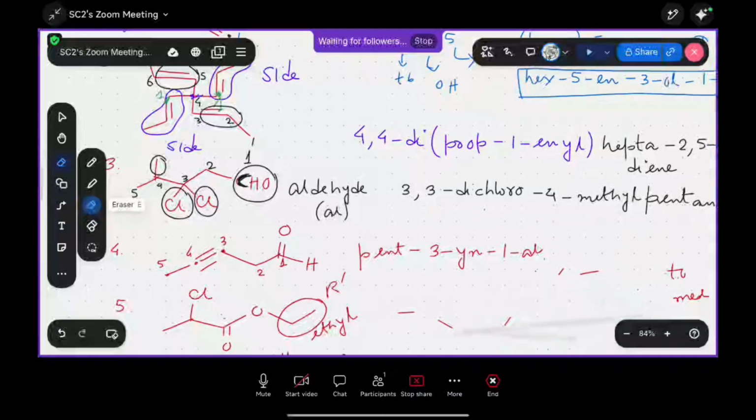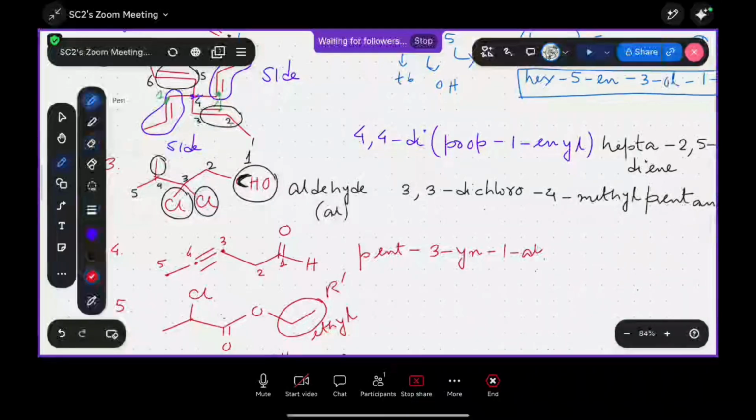So how do you write the name? It is ethyl. After the ethyl, we'll name the other part. Start naming: this one is 1, 2, 3. This is a carbon atom, the first carbon, so it is 1. That means ethyl, then 2 chloro. At the 2 position, we are having chlorine. So ethyl 2 chloro,